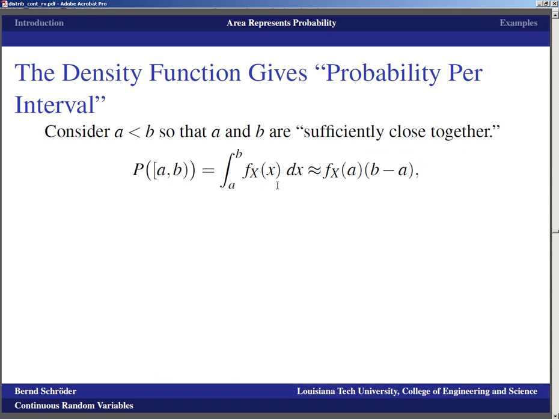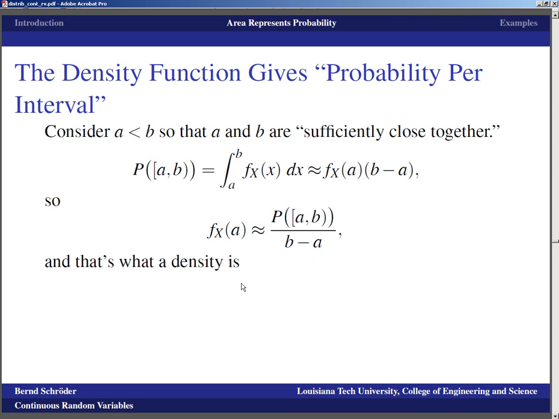And that integral, if the interval is reasonably short, well, then we know that fX of x is approximately fX of A, and that means that the integral is just the area of a rectangle, and so we just get that the area is base times height, right? And if we solve that for fX of A, that means that fX of A is at least approximately, for B being close to A, the probability of getting an outcome between A and B divided by B minus A, and that is exactly what a density is, right? A density,